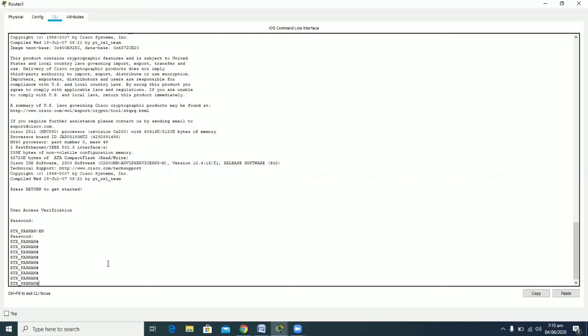So now you have to move into the enable mode of your empty configuration router, and then copy the startup configuration to the running configuration, and then change the enable secret password to a new password, and then copy the running configuration back to the startup configuration, so that both the copies of the start and the running configuration are the same, and then change your configuration register value to the original default value of 2102, and then simply reload your router.